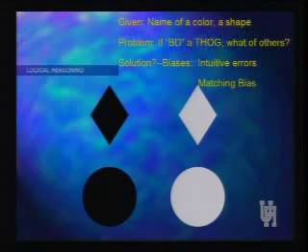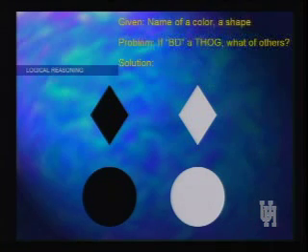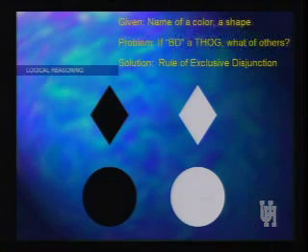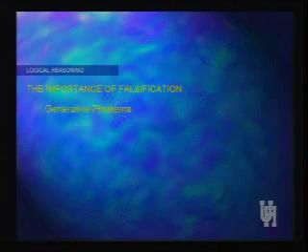That is, to solve this one, you have to use the rule of exclusive disjunction, as I've just indicated. To qualify, an object must have one or the other feature, but not both. Let me show you another example where a particular kind of interesting bias creeps in. This is the same kind of problem done in a slightly different way. Using, again, the rule of exclusive disjunction, try this one.